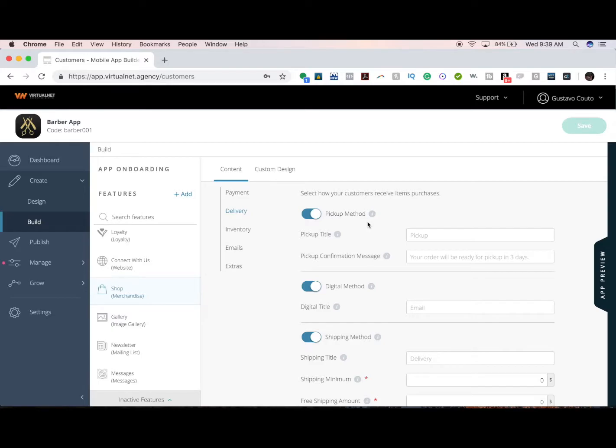They can walk in and pick the merchandise up. There's digital method, which means that the items are electronically sent. The users are required to enter in a valid email address to receive this purchase. So if you sell music or maybe tickets or QR codes, as long as you have your admin email or your customer email set up appropriately for the client to receive whatever this